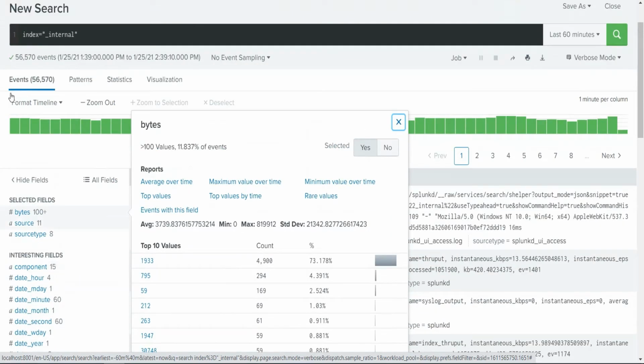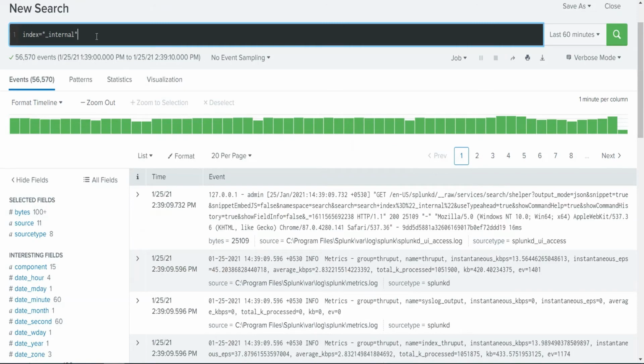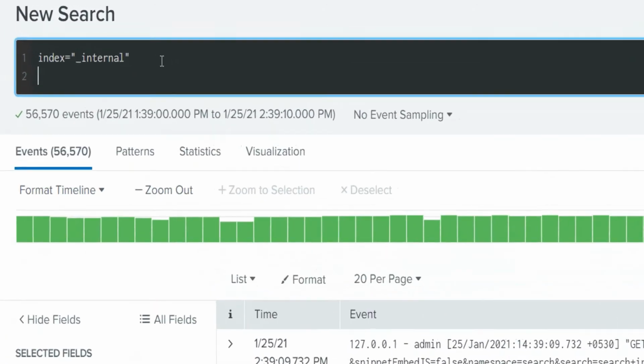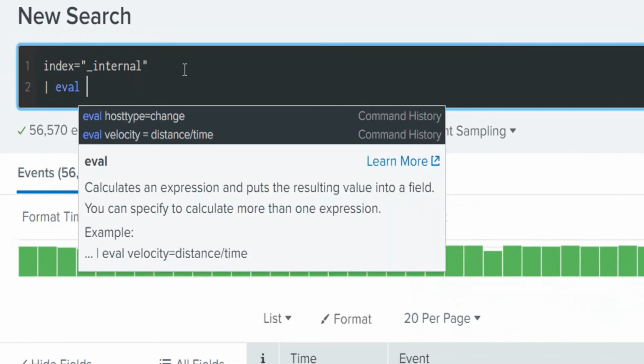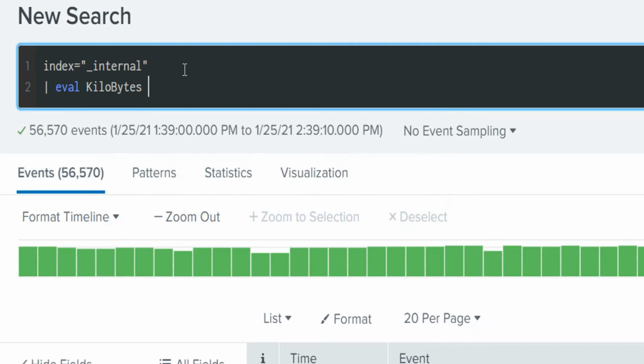So we'll write an eval expression. This eval expression will be calculated to get the kilobytes field by using the bytes field. I'll give the name kilobytes. This is the new field, or as I said, we can use an existing field, but it will overwrite the values if we use the existing field name.